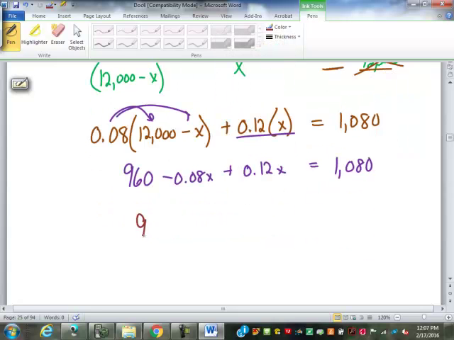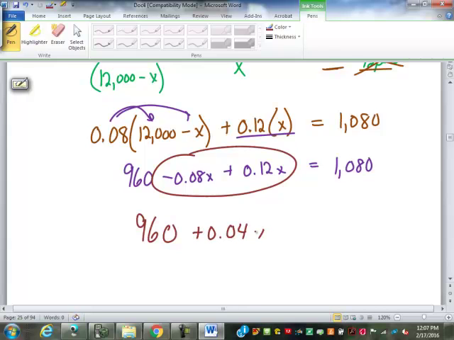So now 960 isn't going to change. I'm going to combine my x's. Negative 0.08 and 0.12 is 0.04. So now,